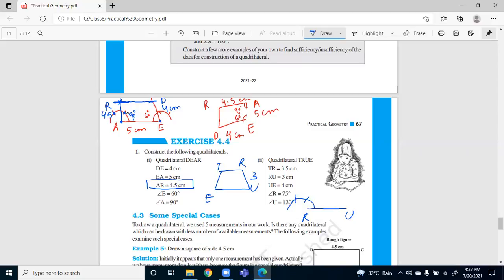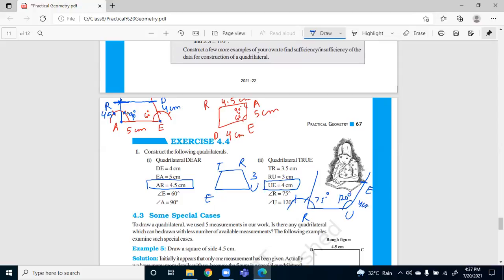Just a minute, just a minute. There you went wrong. No problem. I'm just helping you out. So first, let's make this 75 degree and let's make this 120 degree. Now what you are saying, Priti? From point U, ma'am, cut an arc of 3 centimeter UE. That is wrong. It should be 4 centimeter. 4 centimeter. Yeah, ma'am. Yes. Sorry, I got confused. It is 4 centimeter, correct.